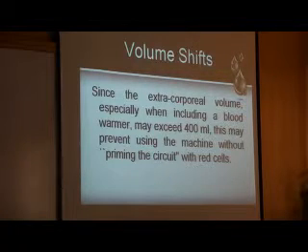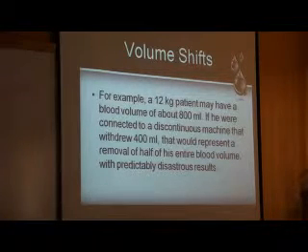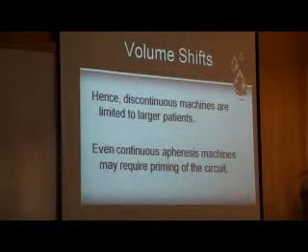If you imagine with me a child weighing 12 kilograms, his blood volume is 12 multiplied by 80, about 800 milliliters, and the machine can adopt up to 400 milliliters. If we start the machine on this child, I'm going to withdraw about 50% of his total blood volume. Do you imagine this? This is going to be disastrous. 50% of the blood volume of a baby is going to be in the machine. We can't do this. So we have to prime the machine.